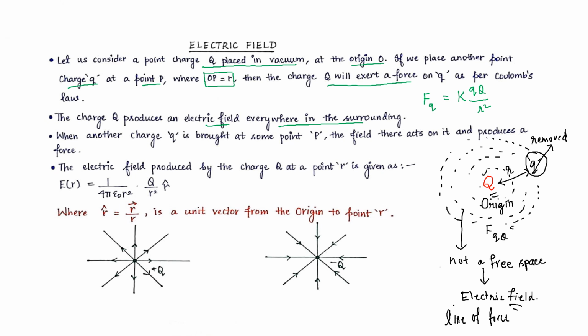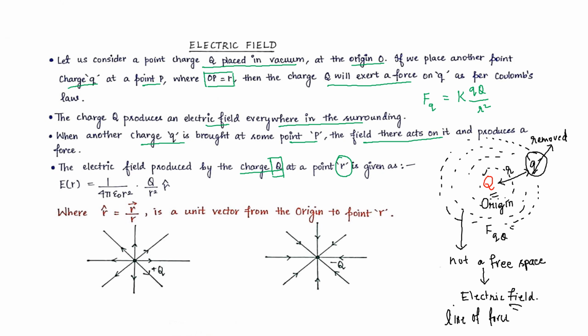All around the charge electric fields are present. So when another charge small q is brought at some point P, the field there acts on it and produces a force. Electric field produced by the charge capital Q at a point r,